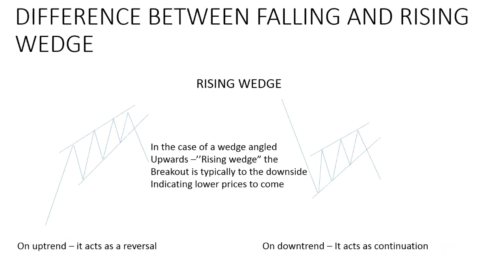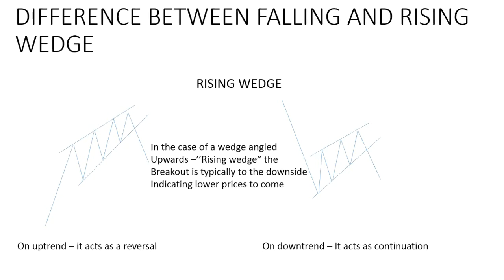Okay. The difference between falling and rising wedge. In the case of a wedge angled upwards, rising wedge, the breakout is typically to the downside, indicating lower prices to come. We're looking at the rising wedge. It means that the narrowing angle is pointed upwards, meaning that it indicates that the next possible movement is going to be downwards, whether it's in an uptrend or